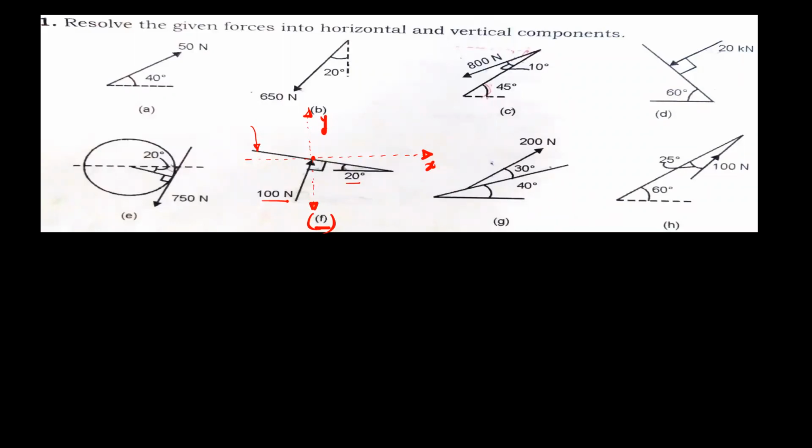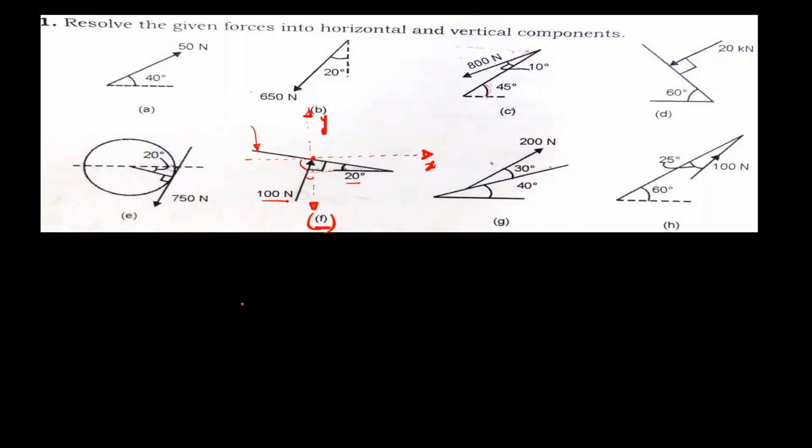If you observe this diagram, for 100 Newton, we have to find either this angle with respect to y axis or this angle with respect to x axis. This 90-degree angle is not given with respect to x axis. So for that, you can extend this line. Now you can observe here, one angle is 20 degrees, second is 90 degrees. So the remaining angle will be 90 minus 20, that is 70 degrees.